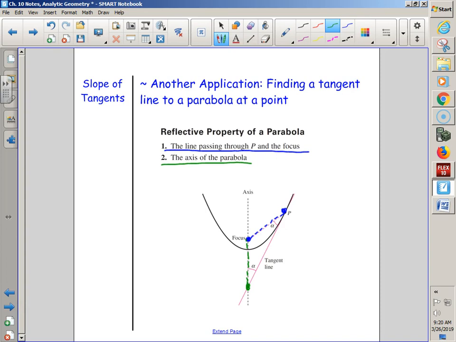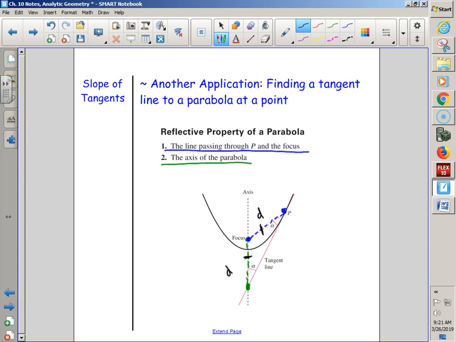Can you guys see that there is a line that connects them and that these angles are congruent? And when we have an isosceles triangle where two angles are congruent, what does that mean about their opposite sides from geometry? If the angles are congruent, then the sides are congruent. So check it. Can't I say, do you remember from geometry how to show congruence? Congruence that way. Okay, so if we connect any point P, any point on a parabola, with the focus, the distance is going to be the exact same